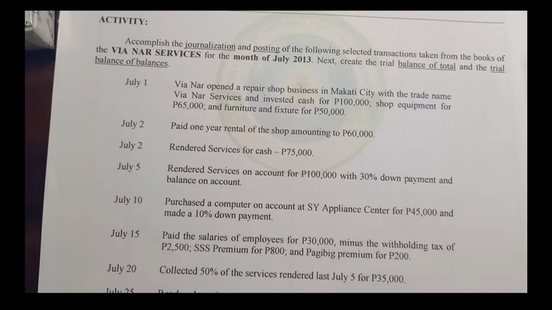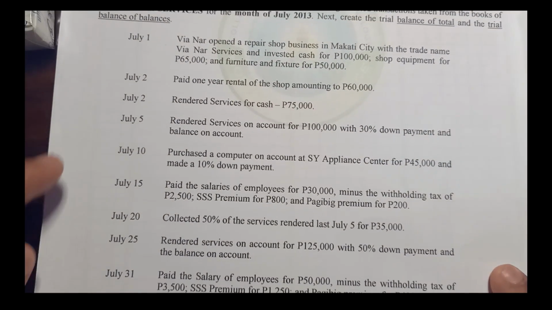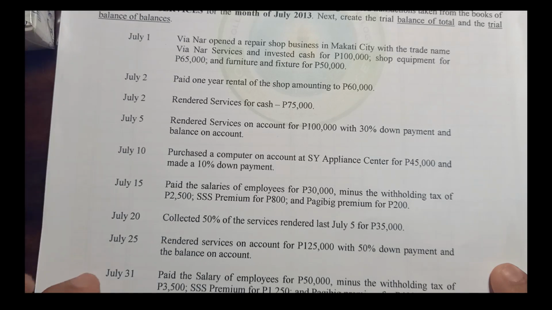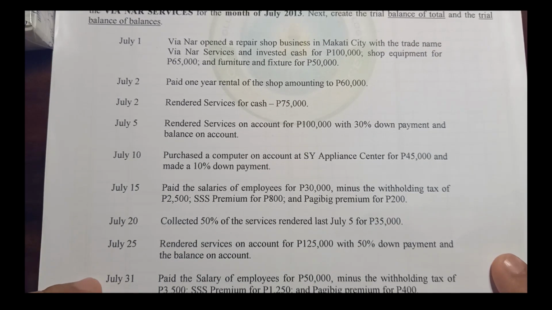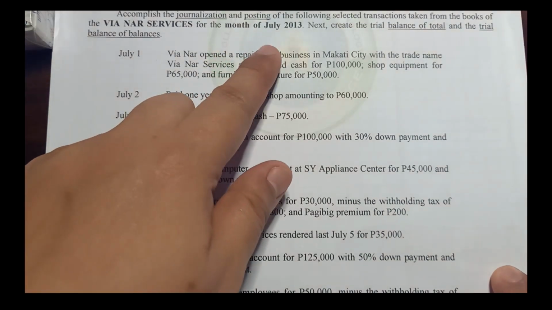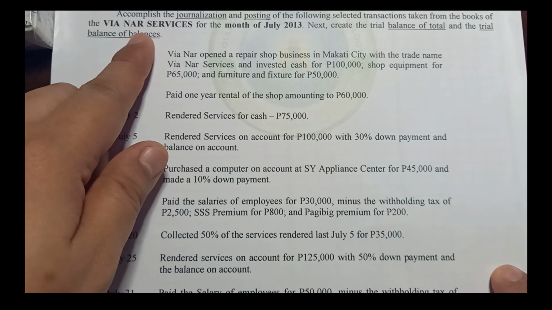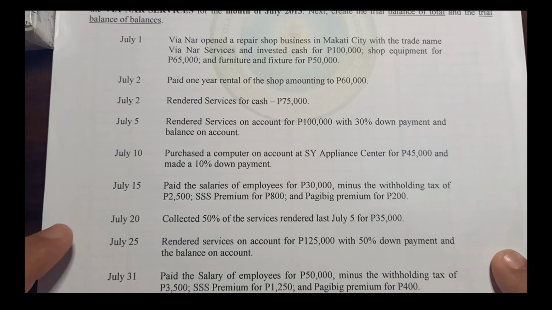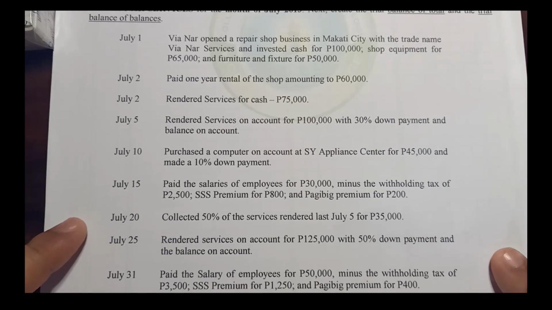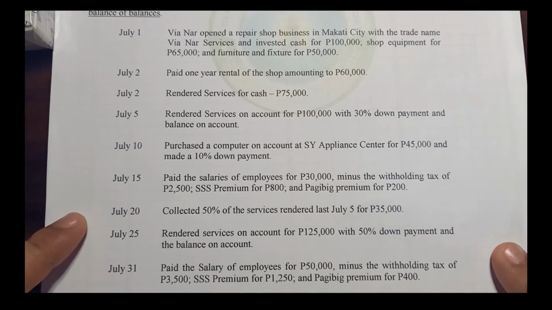So, we have here from July 1 to July 31, ito po yung mga happenings, events, that has been incurred in the month of July 2013 under Viator Services. So, ito po yung mga business transaction na naganap sa Viator Services for the month of July 2013. Okay? So,